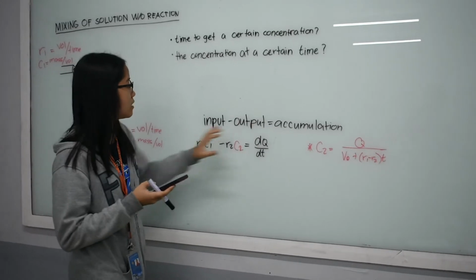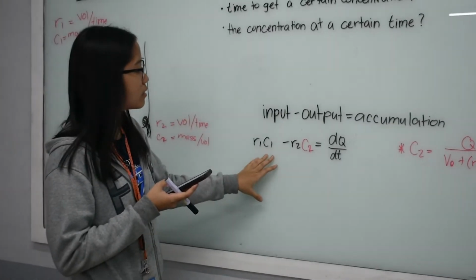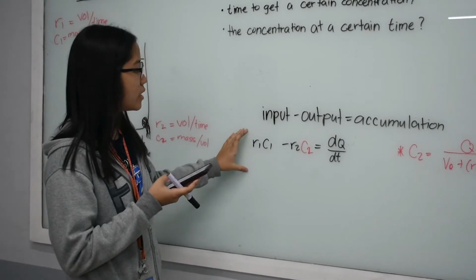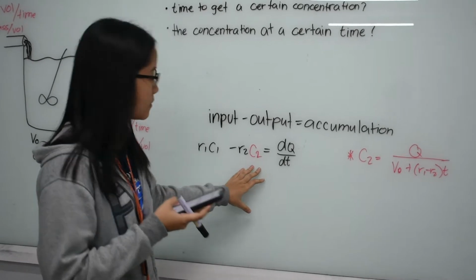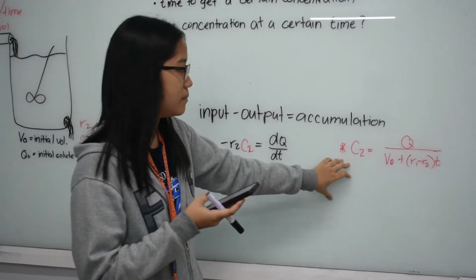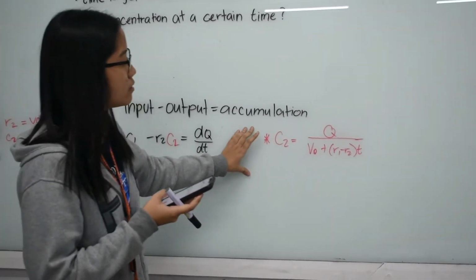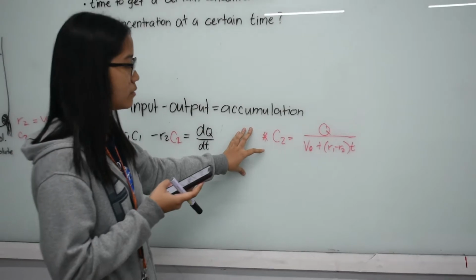the rate of change. For the input, you multiply the rate and the concentration of the solution coming in and subtract from it the rate and the concentration of the solution coming out. For the concentration of the solution coming out, we use this formula: solute over the initial volume plus the rate of the input minus the rate of the output multiplied by a